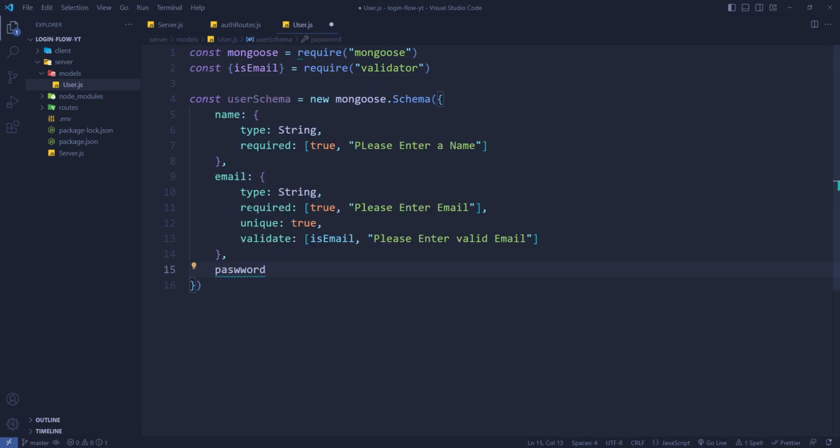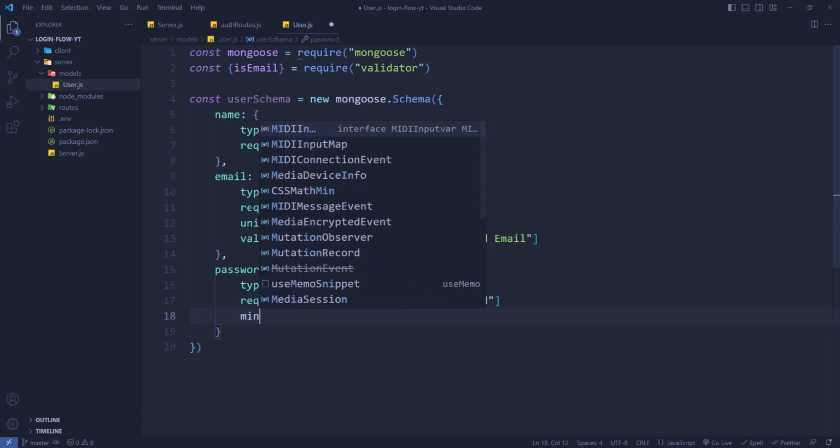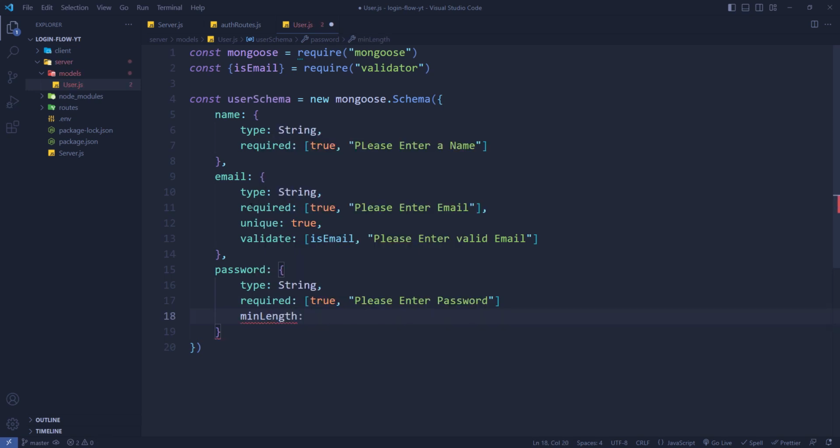Now password, please enter password, and minimum length 6, and it's gonna say